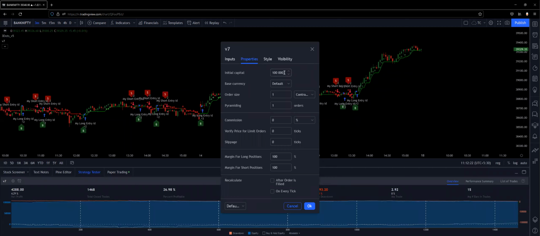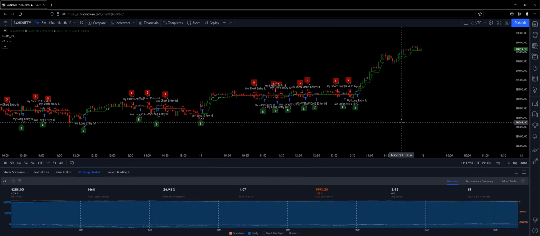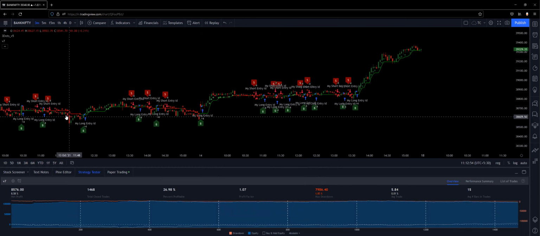So initial capital is 1 lakh. The order size has taken only one quantity with 1 lakh. Let's say Bank Nifty is 39,000, let's say 40,000. So you can go for two lots, which means like 80,000. Since you have 1 lakh, you can go for 2.5 lots, right? So once you put it, this is what your return is for